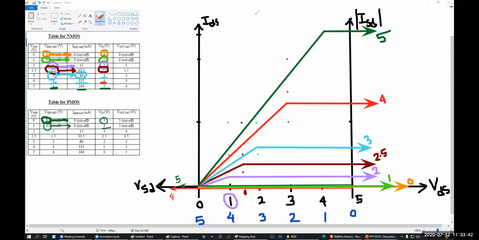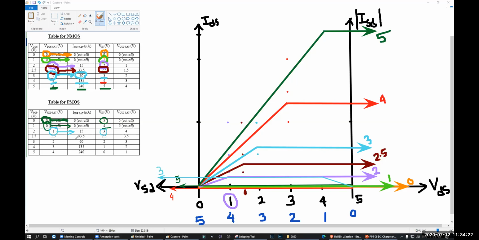Next, I'm going to choose another color. For 1, our current is 15. What is 1? This is 0, this is 1, right? So here it is 1. And 15, where is 15? 15 is in this line, because if it is 100, this is 50, this is 25, this is 15. So I'm going to draw my line from this point, and I'm going to draw a line from this point. So here I'm going to write the value. What is the value of the input? The value is 3. I'm going to draw the 3 here.